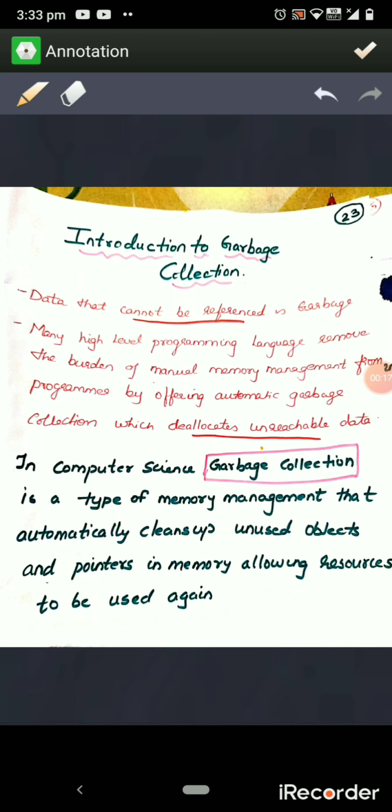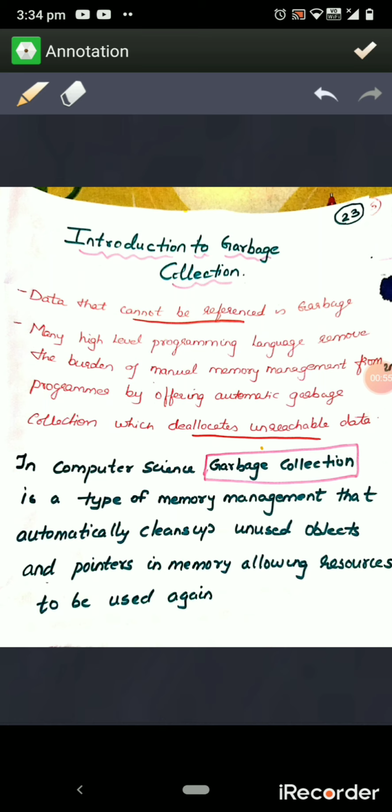Now let us start with the next topic of our unit 4, Introduction to Garbage Collection. Now, girls, what do you mean by garbage? Garbage is anything which is a waste material. When we use it in computer science, it means the data which is not in use. When we deal with computers and memory, it is very important for us to manage the space available. We always keep the time and the memory space in check, right?